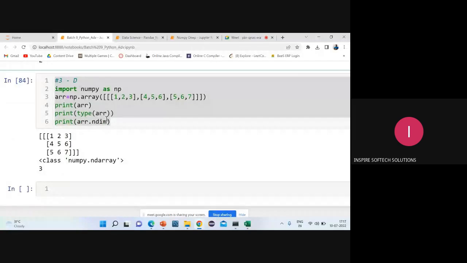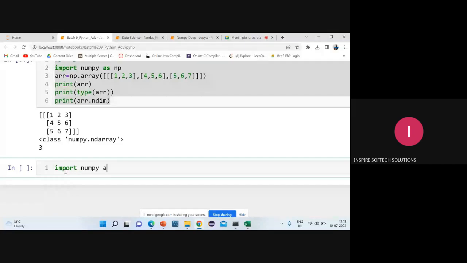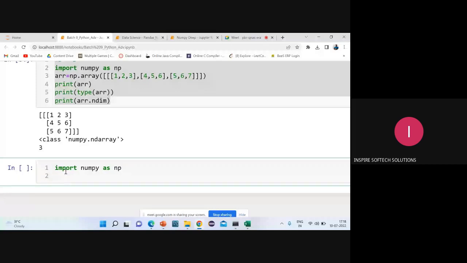Okay. What is next? Nothing but higher dimension. So now, what is the maximum dimension I can figure out? Suppose, for example, import numpy as np. Now I'll be loading my array, arr is equal to np.array, and inside this array function I'll be giving the values 5 4 3 2 1.